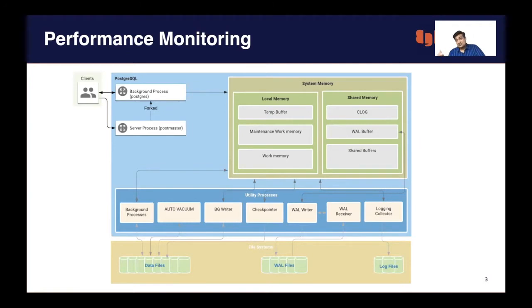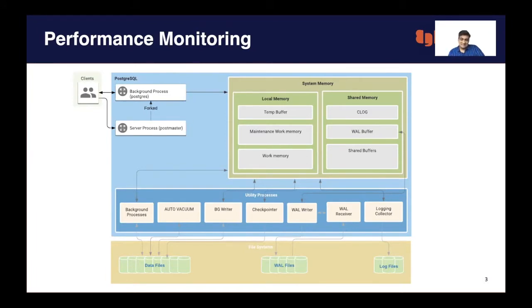Then there are the WAL sender, WAL receiver, and WAL writer. The WAL writer writes the database changes into separate WAL files, and the WAL sender sends these WALs to a slave, or they can be written by the archiver into a separate folder for backup or retrieval purposes.